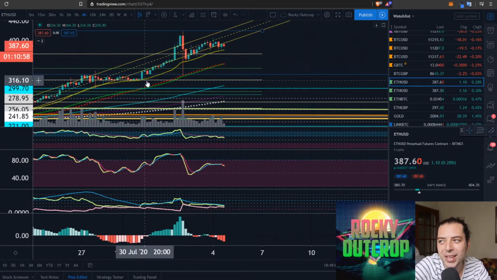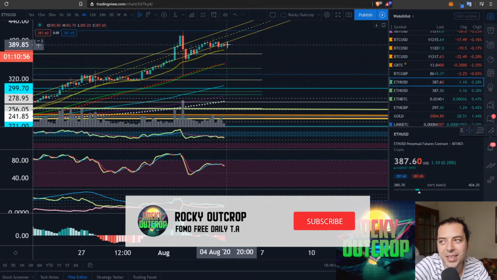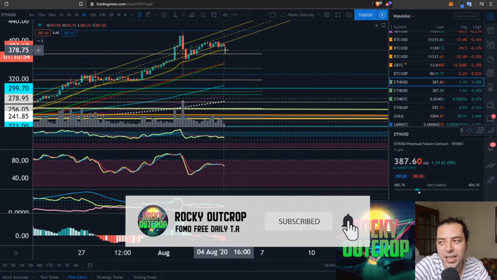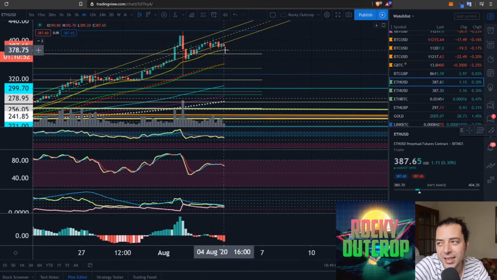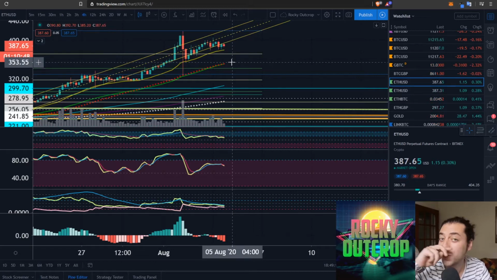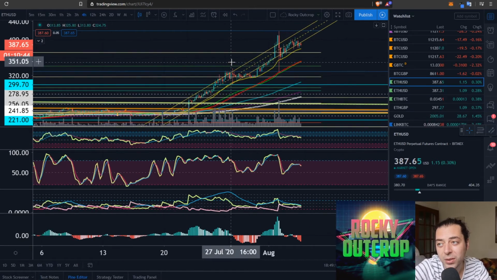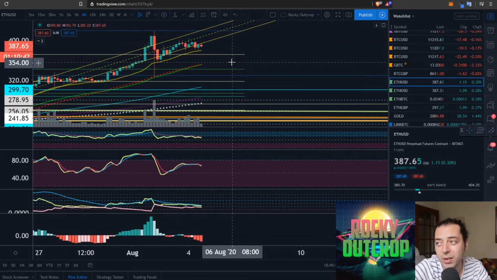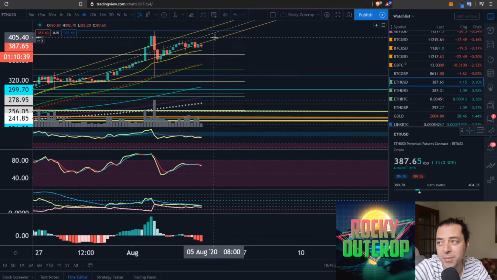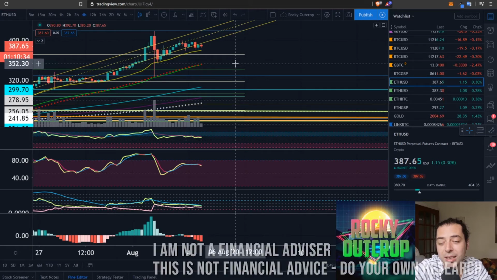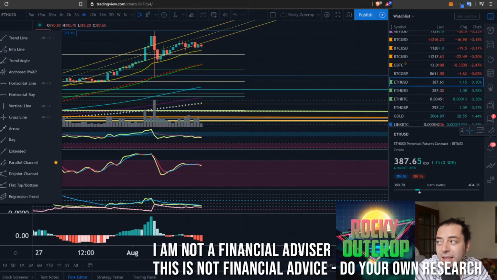Looking here at the 4 hour time frame, we can see that we're outside of this at the minute. I'm looking towards the 21 EMA on this thing at 378 and saying, are we going to stay above that area? If movement's below that, then I'd be tempted to say that we could be back in for another visit down towards those mid 300s again, losing a little bit of the sheen off the top of our illustrious rise up. But of course, if we start to take out that 395 area again and move towards the 407 area again, then of course things are looking pretty rosy in that respect.